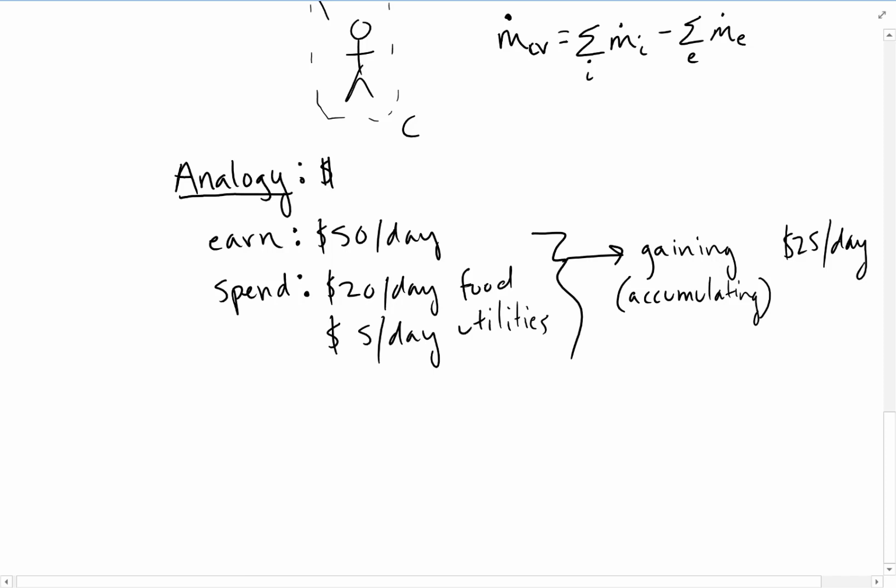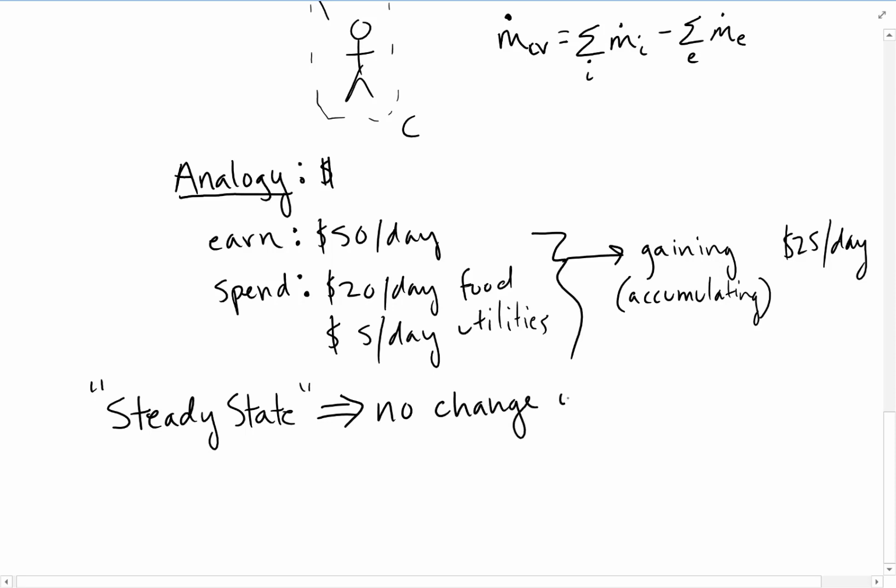But now we need to introduce a new term, and it may be a term that you've seen in some of your other classes, but if not, we're going to go through it again here. Okay, so that term is steady state. And what steady state is defined as is it means that there's no change with time. Okay? It doesn't mean that nothing's happening. It just means that whatever it is that's happening is the same now as it is 5 minutes from now. There's no change with time. Okay? And so let's look at what this means. Well, in particular, the most important thing that steady state means is that there can't be any accumulation,